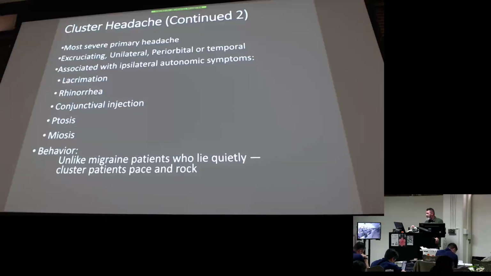Anybody heard of a syndrome that presents the same? Have you heard of Horner's syndrome? Ptosis, miosis, anhidrosis, right? So think of that when we think about a cluster headache. So everybody knows what those things are, right? Ptosis, miosis, so constriction of the pupil, anhidrosis, not sweating on that same side. And then what's the ptosis? Drooping of the eyelid, right? Drooping of the eyelid. So drooping down.